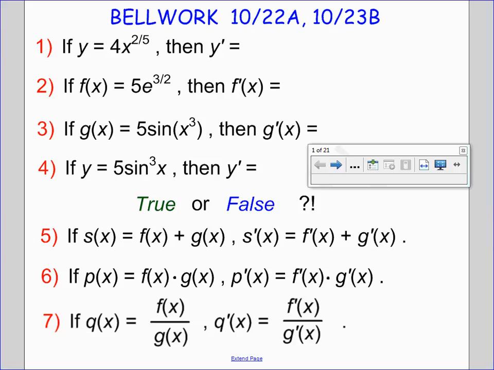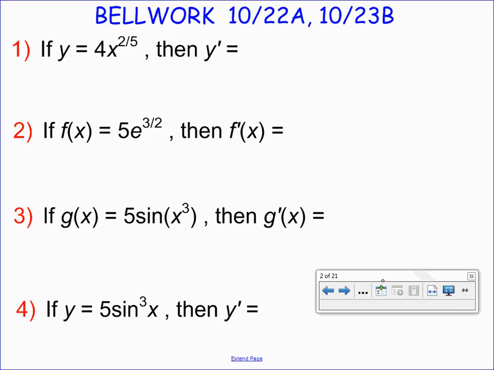Wonderful. Let's go ahead and take a look at your Bellwork then for today. We need to be able to apply our derivative shortcut rules now, regardless of what kind of function we're looking at. It looks like we've got a straight power rule for our first one. We know that the derivative of a constant times a function is just the constant times the derivative of the function. So we can apply our constant multiple rule, and then we'll just do exponent times